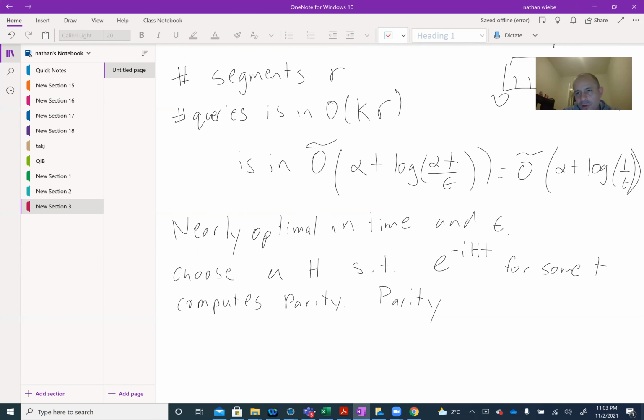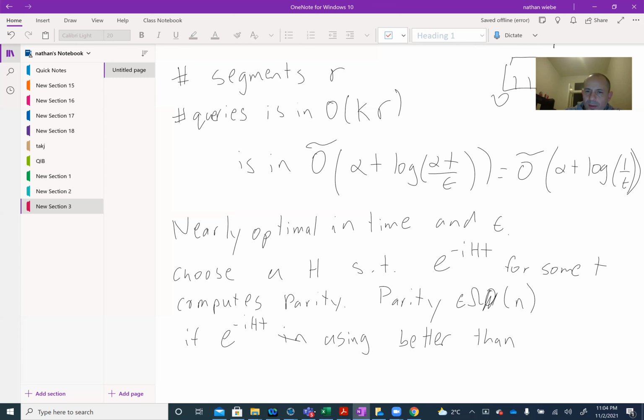Or at least we outlined the sketch of the proof that parity is an example of a function that a quantum computer needs order n queries to a bit oracle that yields the particular values of the bits whose parity you want to compute. That, or I should say, parity requires order omega n queries in order to be able to do this. And from this, you can conclude that if you could implement e to the minus iHt